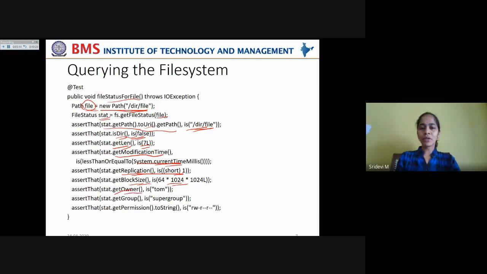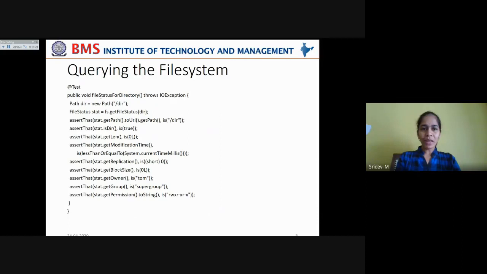Now the owner name matches. Get the group, and the group matches. And get the permissions of the file, and the permissions of the file match. Read, write, read only, or append, various permissions can be granted to a file. Now if all these file permissions match the current file status permissions, and all these parameters match, we can say that we are trying to access that exact file. We are trying to locate that exact file.